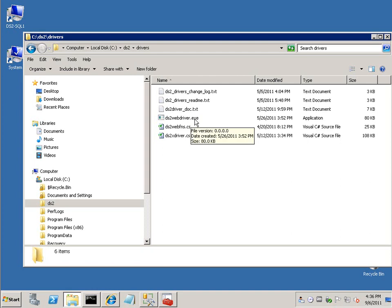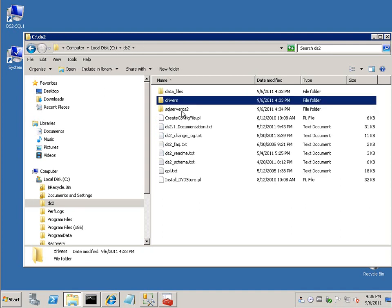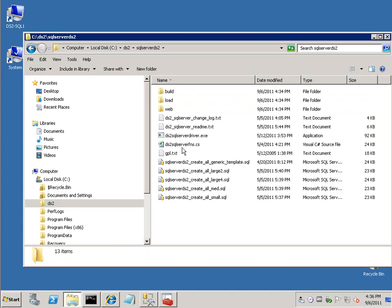One is basically the web driver, and that's used with all the different three-tiered implementations we have here. We've got web applications with PHP, ASP.NET, and JSP, and this web driver will drive all of them. And then for the databases, we use what's called an X driver, and this will be compiled with the database-specific code to generate the driver for that particular program. So for example, for SQL Server, there's a DS2 SQL Server driver.exe that serves as the driver program for SQL